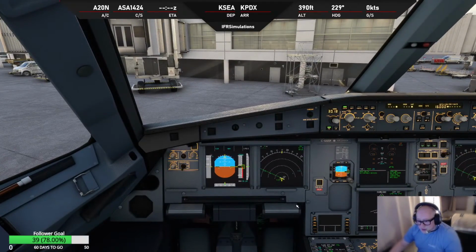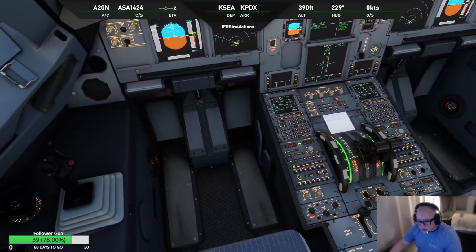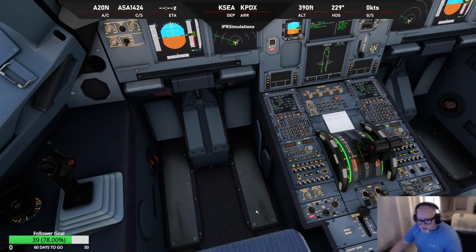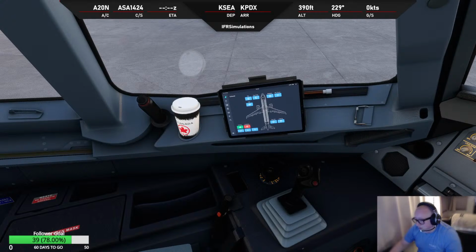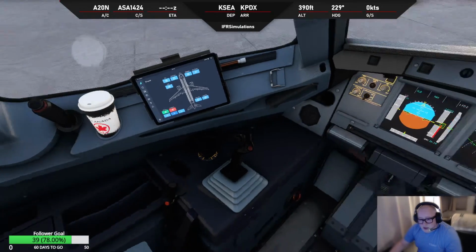Alright, so we are set, I believe. So let's go ahead and I'm gonna pull up the map, the moving map, so I know where I'm going. You guys can't see that, but let's go ahead and